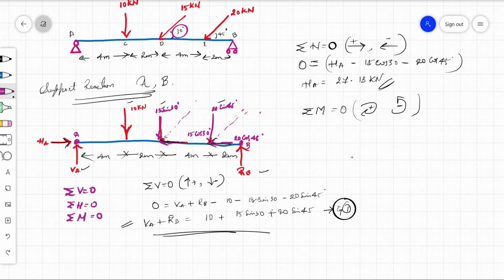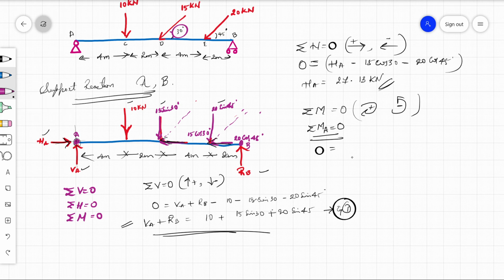Any of them you take, the answer will come the same actually. So for time's sake, I'll take the moment center at A. Summation of all the moments at point A is equal to 0. So the formula becomes summation of moment about A is equal to 0. I'll do summation of all the moments. Any force that is passing through this moment center gives 0 moment, right? We have studied that. So I don't need to take this force. I'll take it in the red color.